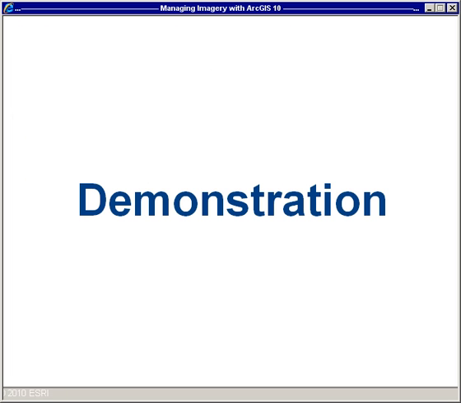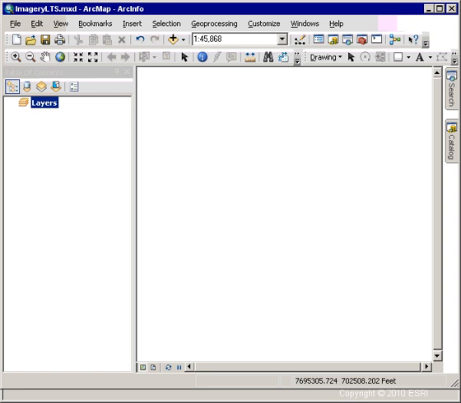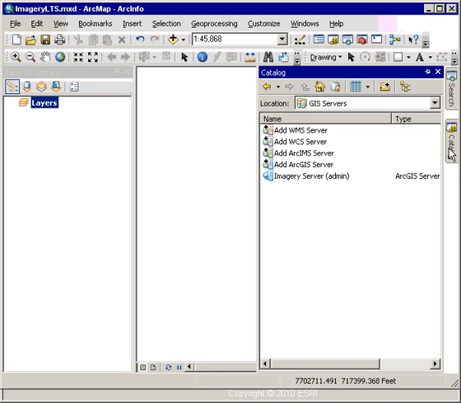So next I'm going to do our first demo. We're going to take a quick look at a raster dataset and its properties, and we're going to create one of those raster layer files to do on-the-fly processing. So here I have my catalog window,